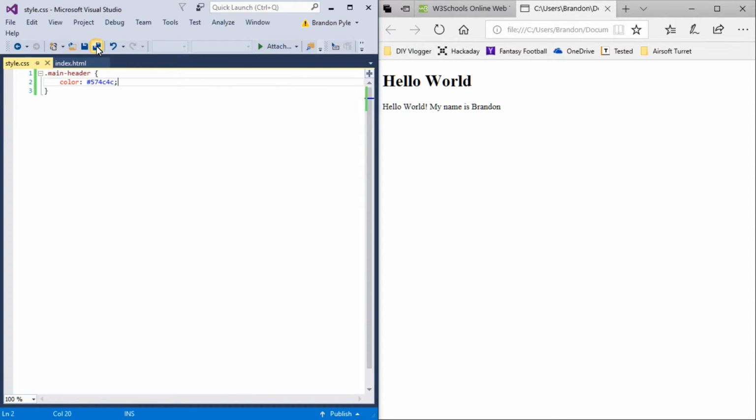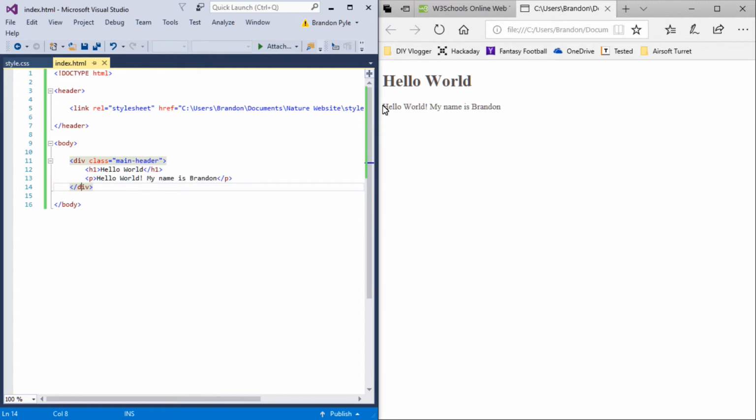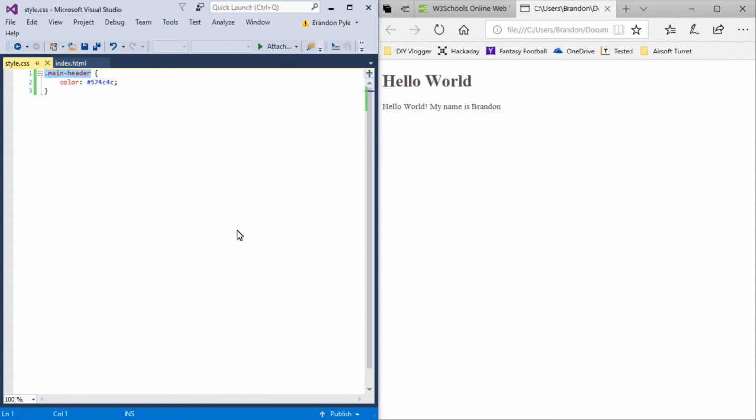And if we save this and refresh our web browser, you can see that the text turns a little bit lighter. And also you can tell that this happens to both the header and the paragraph. Now if I change the main header to a H1, then you'll see that it only will apply to the H1. You can't really tell very well, but it does only apply to the H1. Same thing for the paragraph. Just type in P and refresh it, and now the hello world is darker,